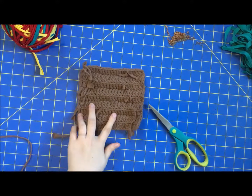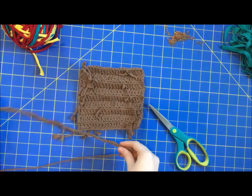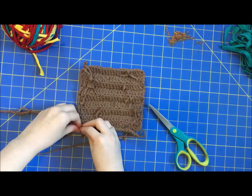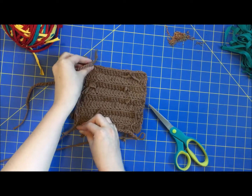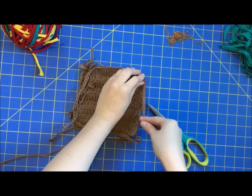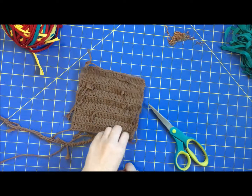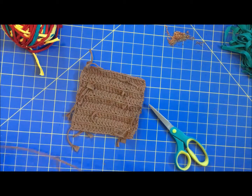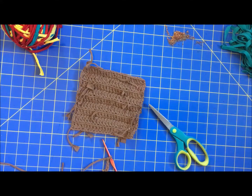Okay, so now I have my base and I have my chain, and all I'm going to do is just lay it around the edges of the base to see if it fits. I'm not pulling too tight, but I'm not leaving it loose either. I'm trying to be as accurate as possible, laying it evenly along the edges and making sure that it's going to fit. I decided that it wouldn't quite reach, so I went ahead and chained an extra 5